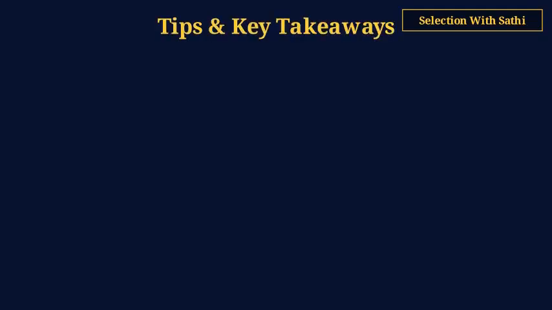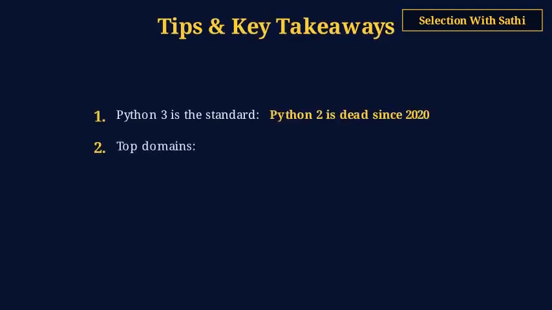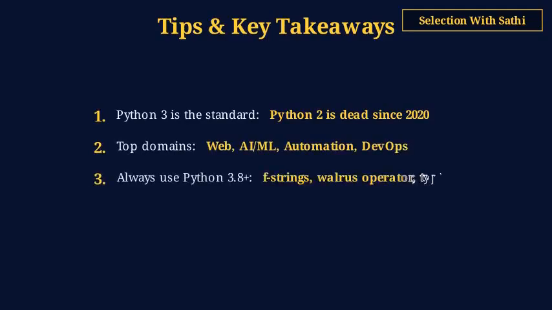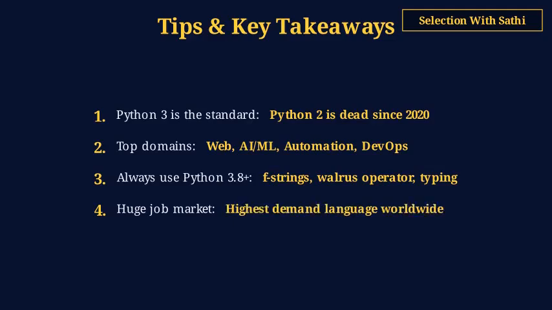Here are the key takeaways to remember. Python was created by Guido van Rossum and named after Monty Python, a common interview question. Always use Python 3. Python 2 has been end of life since January 2020. Python's real strength is its ecosystem. Libraries like NumPy, Django, and TensorFlow make it unbeatable. For GATE and interviews, know the version milestones: 3.6 for f-strings, 3.10 for match case.